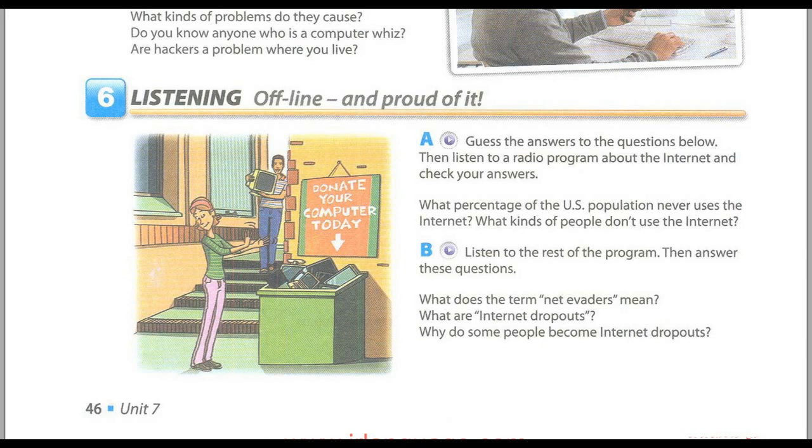That's right. My research has revealed that in the United States, for example, about 22% of the population never uses the Internet. And why is that? Well, they tend to be older people or people living in more rural areas. But there are also those who worry about privacy or who think that the Internet isn't necessary in their lives. Some of these people are even proud to be independent from the online world. Interesting.